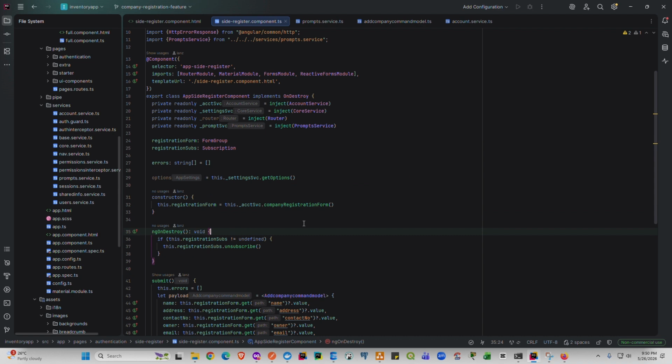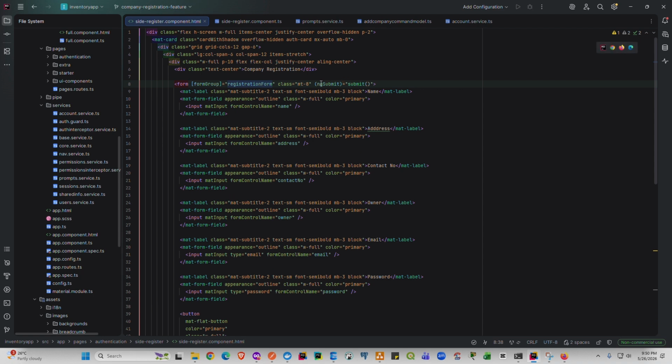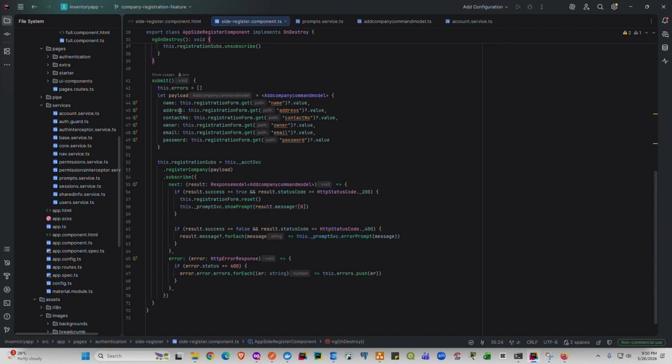And also the actual implementation for the submit method, which is here. This submit will be the method which will trigger